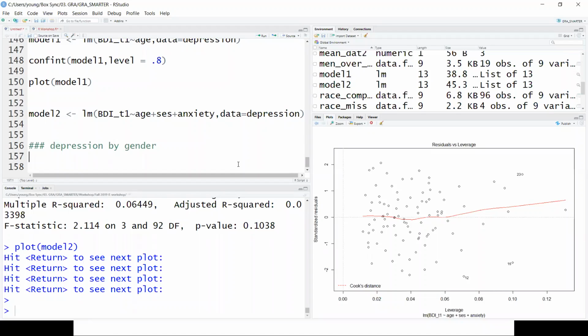Y'all familiar with box plots? I love box plots. I think that's where all the action is. Let's see if qplot knows to do a box plot, or if we have to tell it.